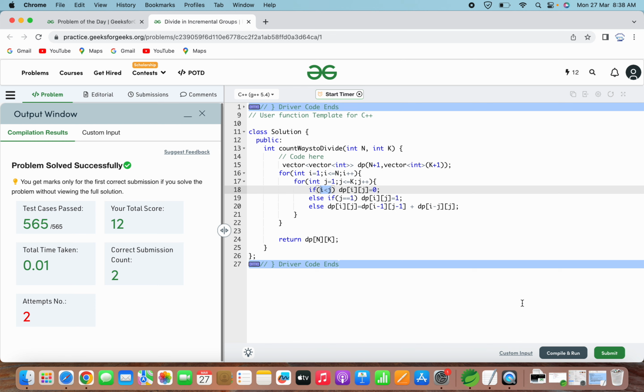Yeah, so talking about the time complexity of the solution, it is in the order of big O of n into k square. This is because we are using a nested loop to fill the DP array, which takes O of nk time, because two loops are there. One is going from 1 to n, another is going from 1 to k. So this will take big O of nk time, and each cell of the table takes O of k time to calculate. Therefore, the overall time complexity is big O of n into k square.